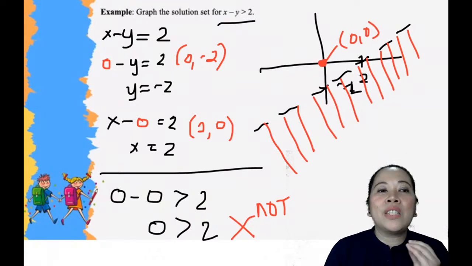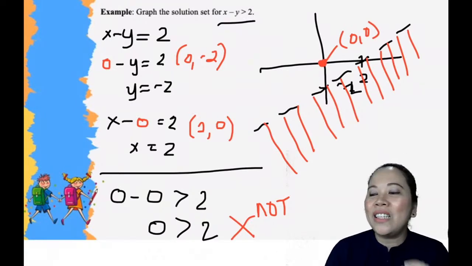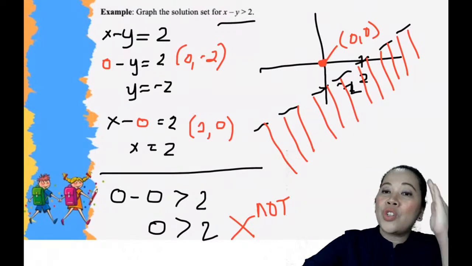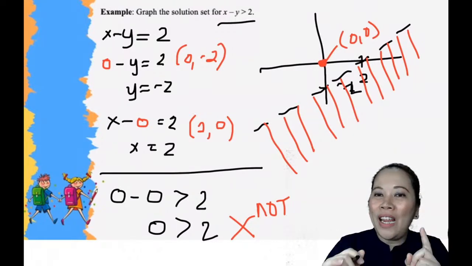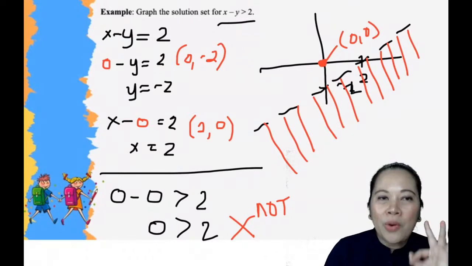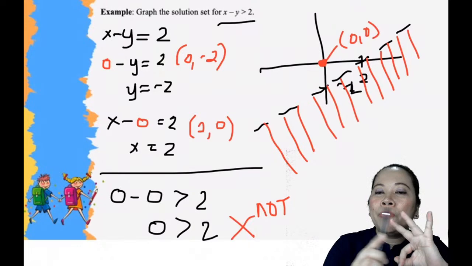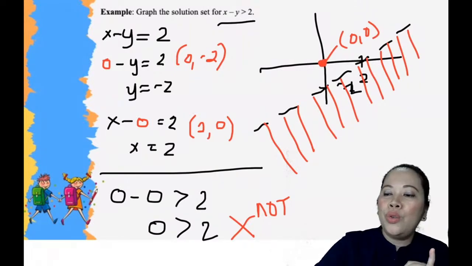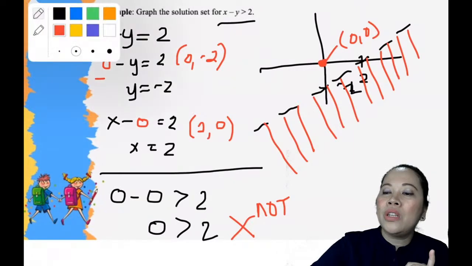So since 0 is not greater than 2, and 0, 0 is here, you shade the opposite. Again, there are 3 steps in graphing linear inequalities. The first step is to graph the line. That means that for you to be able to graph, you need only 2 points, so you use the intercepts,